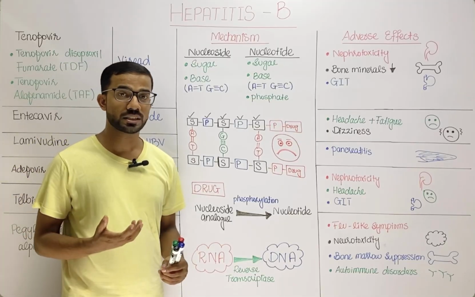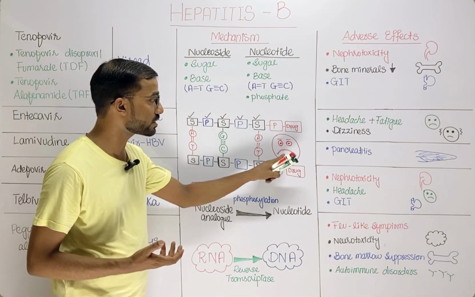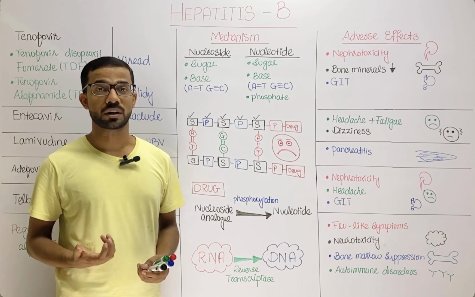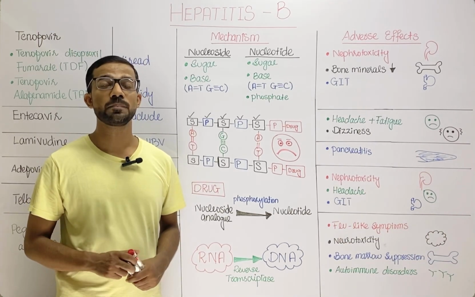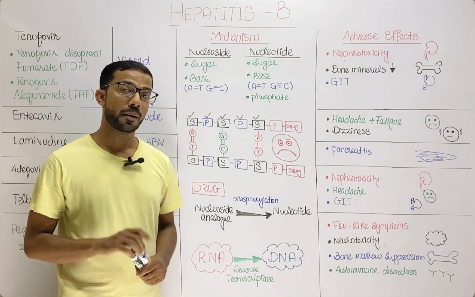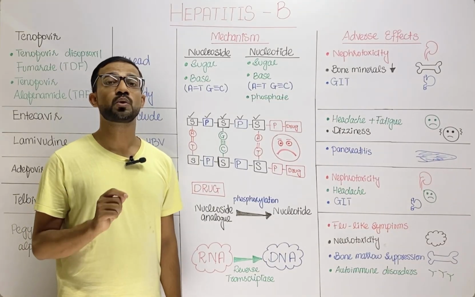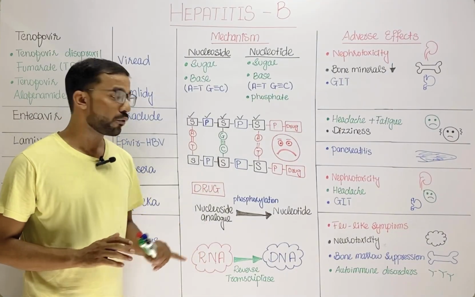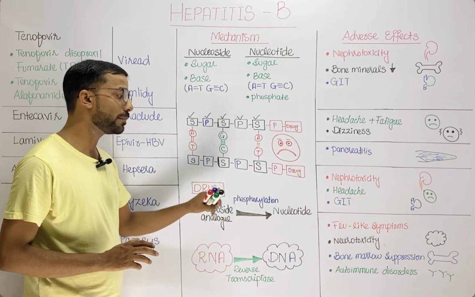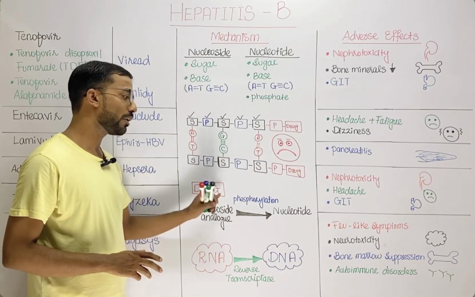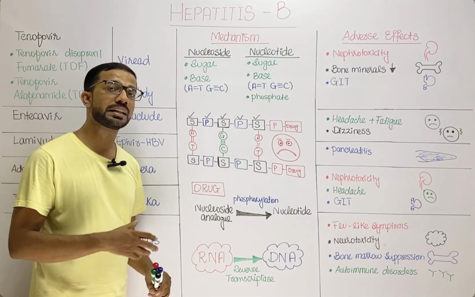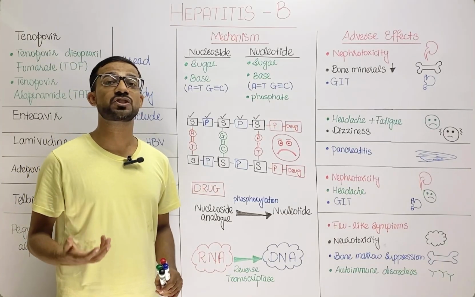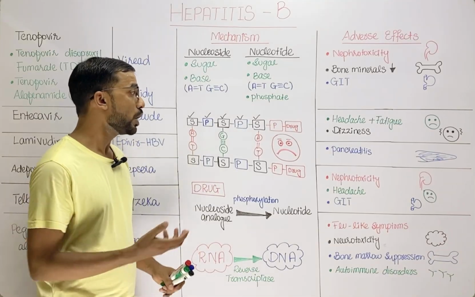So here is the reverse transcriptase that will mistakenly take these drugs, because these drugs are similar to the nucleotide. But the important thing is, these drugs are nucleosides. Nucleoside means that there is no phosphate present in it. First of all, in the cell, these drugs will become nucleotides when we add the phosphate group. Then ultimately these drugs will become active, and these drugs will act similar to the natural nucleotide present in the cell. So it means that